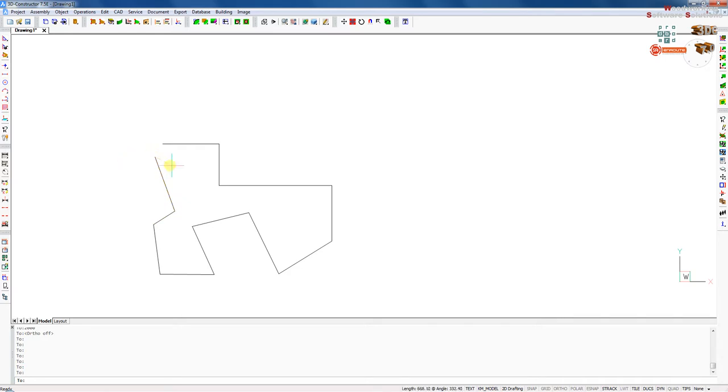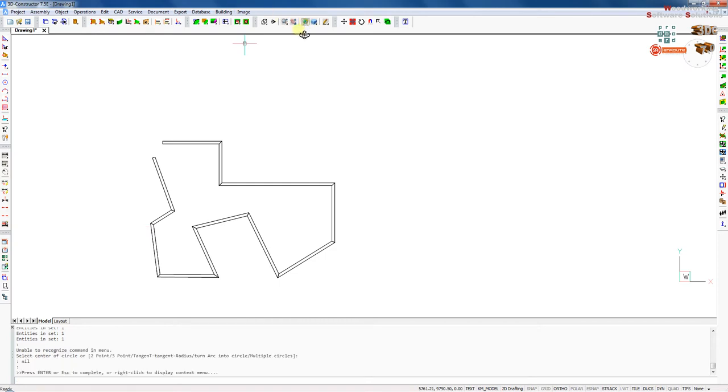At the end, you need to press enter, and after you need to specify the direction of the wall extrusion,